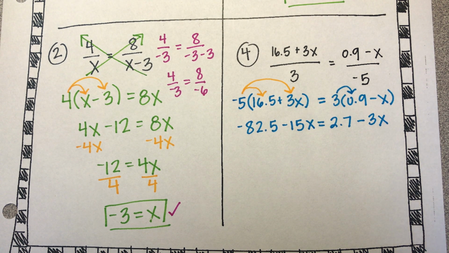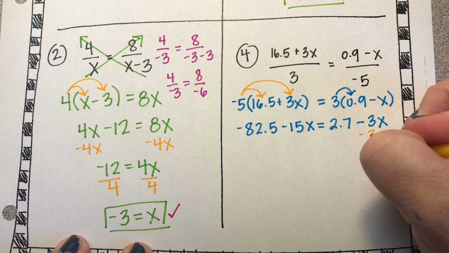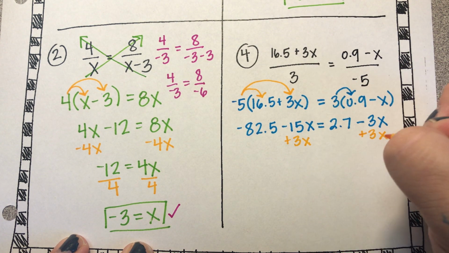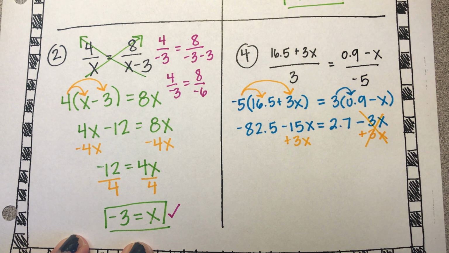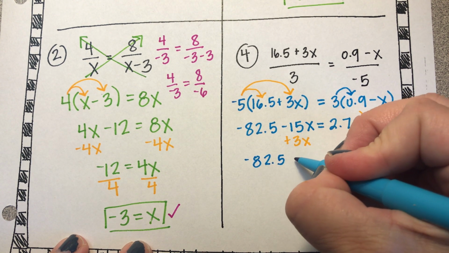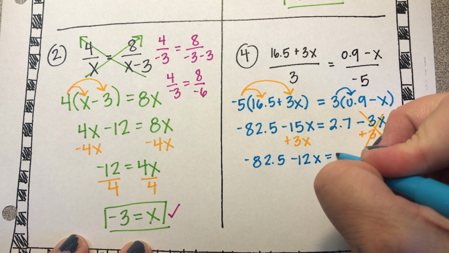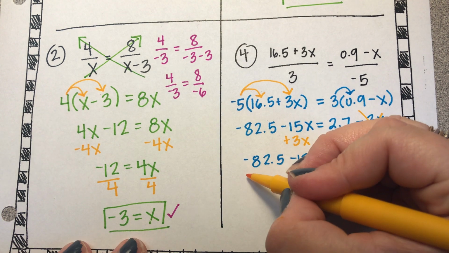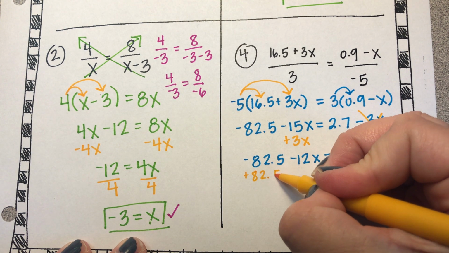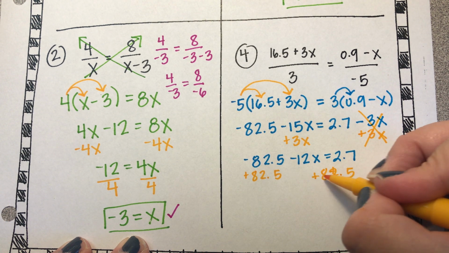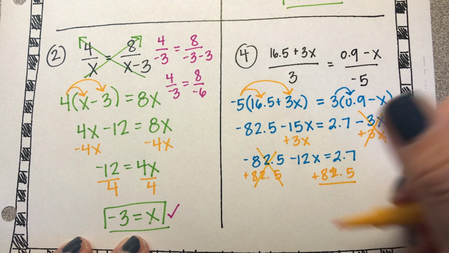I feel like the hard part's kind of over here. So what I'm going to do, I do not want this 3x, so I'm going to add 3x to both sides, because I don't want x's over here. So now I have negative 82.5 minus 12x equals 2.7. So now I have to get rid of this negative 82.5 by adding 82.5 to both sides. So this cancels,